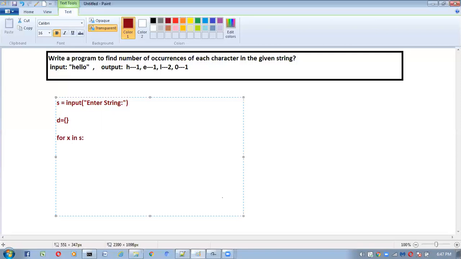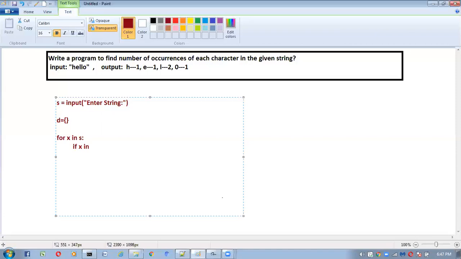By using those membership operators, we can check whether the specified element is available inside the dictionary or not. Here I am going to write one condition: if x in d. In is a membership operator. By using in, we can check whether x is available inside d or not.